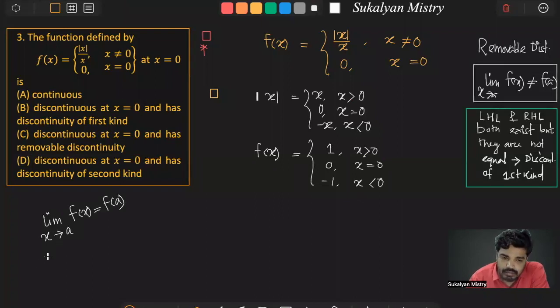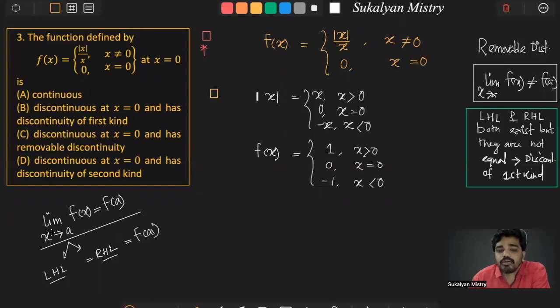Okay, limit x tending to a f(x) is equal to f(a). What does it mean? It means that left hand limit and right hand limit both exist and are equal to f(a). Then we call the function continuous at a point. Okay, so